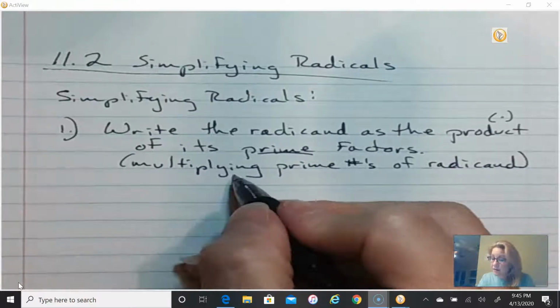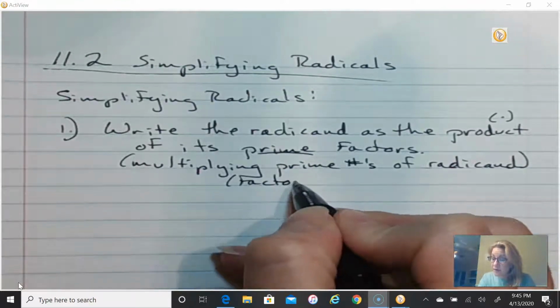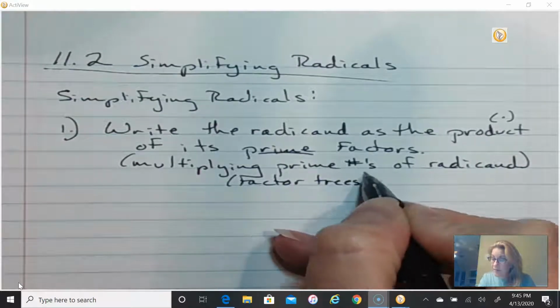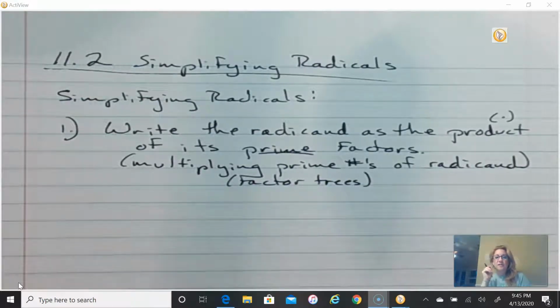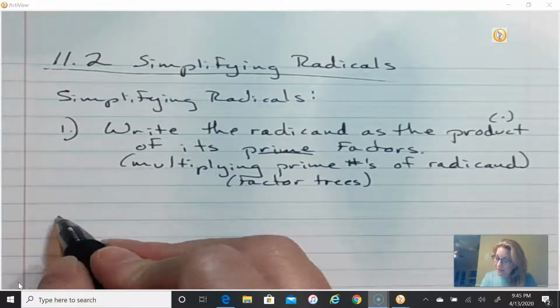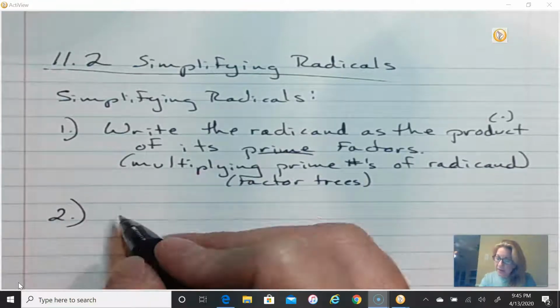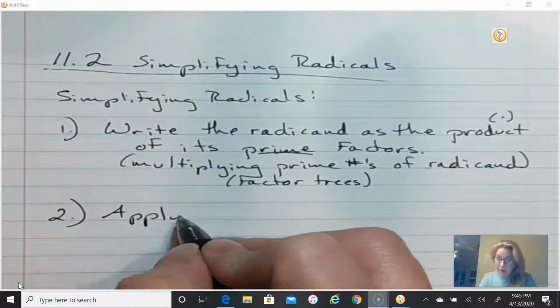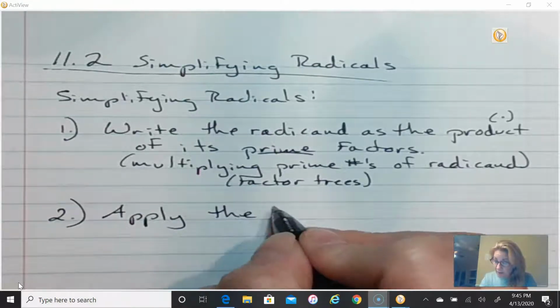Basically, you're going to be doing some factor trees. As soon as I say factor trees, you all should maybe moan and groan, but some of you, or all of you, should be like, oh, yeah, factor trees. So you'll be doing factor trees. Okay. 2. You're going to apply the product property